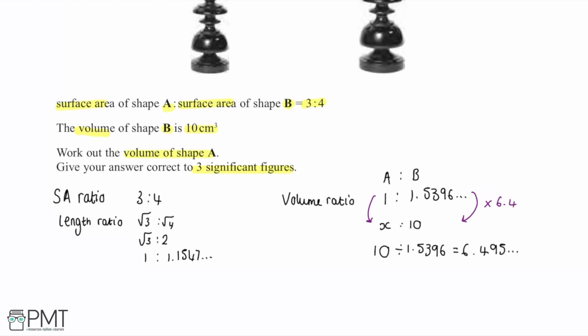So just going back to this part here, to get from 1.5396 to 10, we're going to multiply by 6.495. So to get from 1 to x, we need to do the same thing to both sides, so multiply by 6.495. So the value of x here, which is the volume of A, is going to be 6.495, and it wants the answer correct to 3 significant figures, so